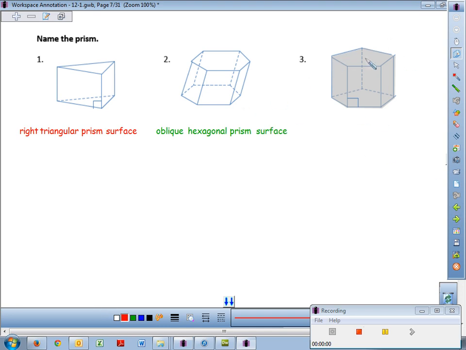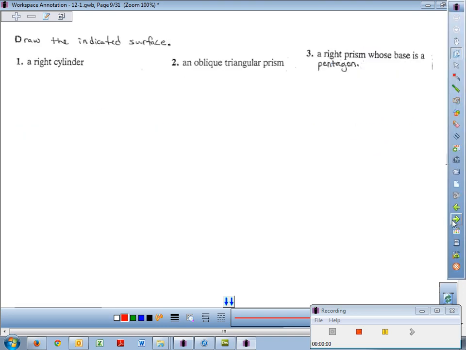Why don't you pause the video and give number 3 a try on your own. And that's a right, because you can see the right angle box, pentagonal prism, and it is a solid because it's shaded in. Right? So the shape of the base has 5 sides. That's a pentagon. To actually draw these indicated surfaces, we will need our geometer, and to draw a right cylinder,